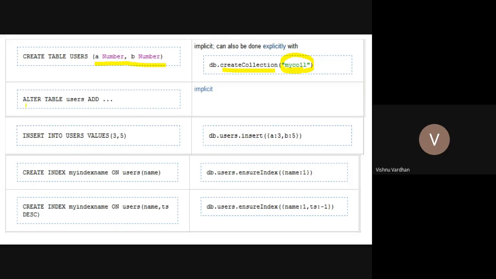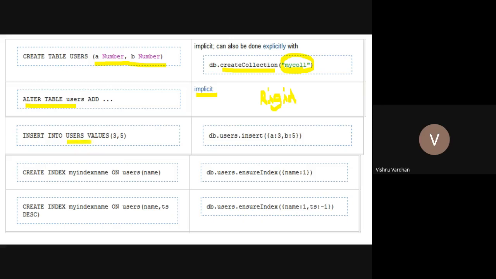Okay, so there is no alter table command. This is going to be implicitly accepted by MongoDB, because this is not a rigid format that we are having in MongoDB. So that's why there is no alter command required, as otherwise in RDBMS software. So there is no alter command available in MongoDB. Then the insert operation.